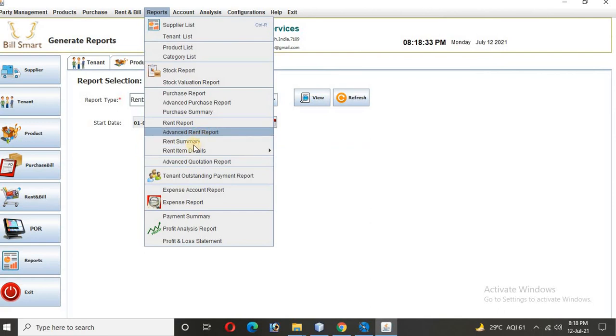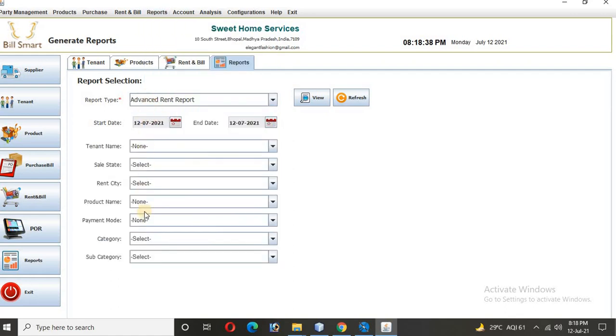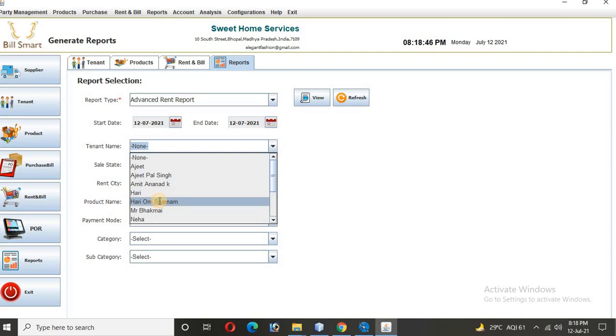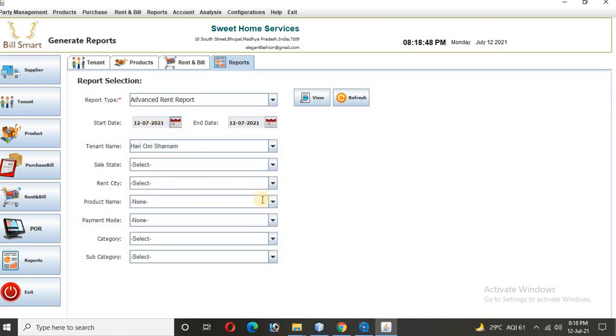reporting systems. Like I've shown you the rent summary. Then there is the advance rent report, which has the combination of these parameters. Like I wanted to catch up with a detailed report for, say, for example, Hari Om Sharanam. So from the beginning till today, what are the transactions of rent receipt which we have created for Hari Om Sharanam? We have created only one, so we'll find one.